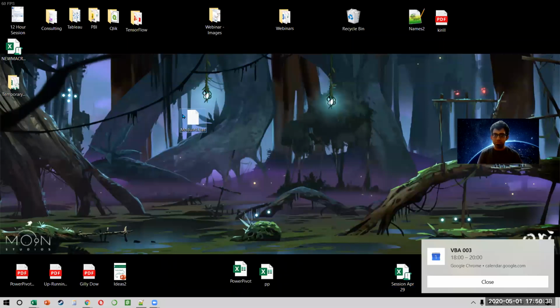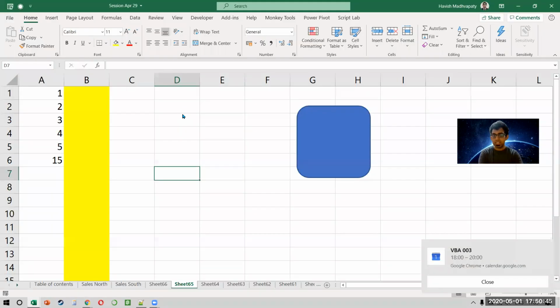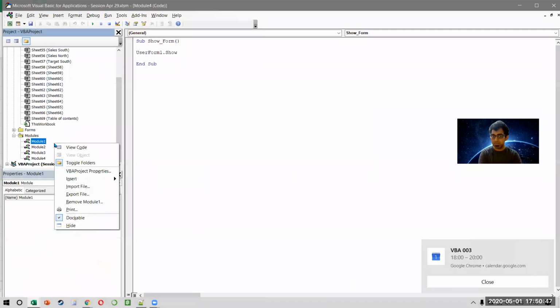Now, how do you send it to other people? Very simple. You just send it as an attachment. Now, how will they import it to their Excel file? They will open Excel, they will go to VBA, and then they will right click and say import file. Right? So I hope that process is clear. It's very simple. If you only want to send one module at a time, you can export and then the other person can import the module. If you want to send all the modules at the same time, then you have to send it like an XLAM file.